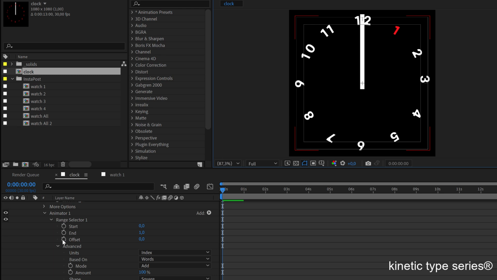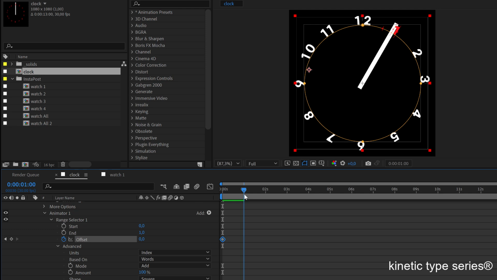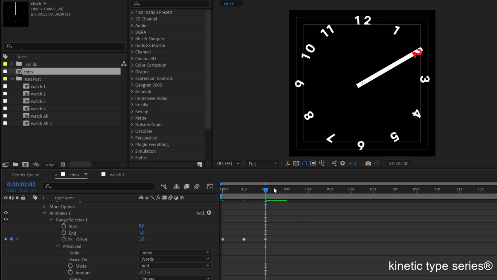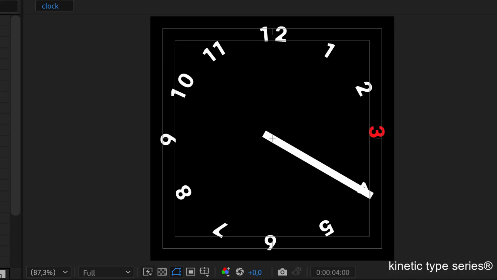So we create one keyframe here in offset, and we go to second one, and that's correct there. Okay, we create another keyframe, just clicking here. At the beginning is going to be at -1, and then it is a matter of going to every second and incrementing it by 1, so that when the clock hand reaches that point, it is going to be animated. Okay, so let's keep going,